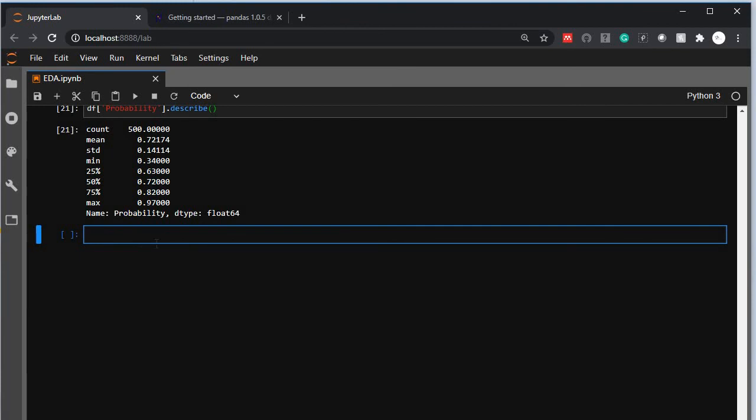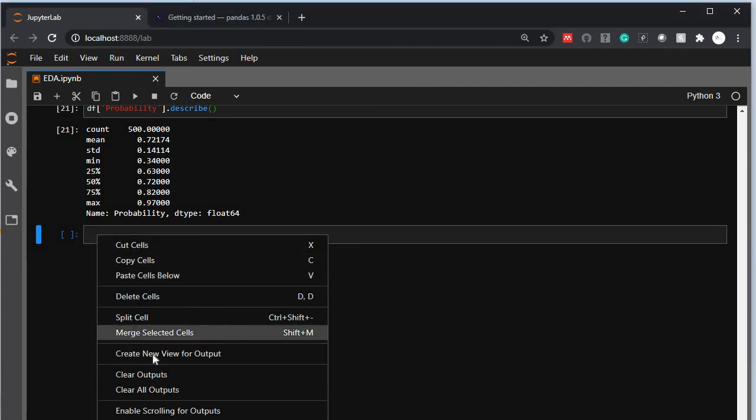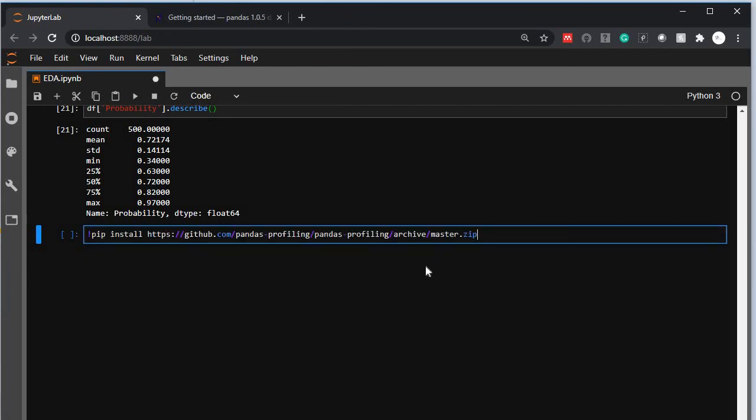There is a quick way in which you can do this as well. There is a package in Python that is called pandas profiling. So pandas profiling is a very good tool that you can use. If you want to install pandas profiling, you can install it by saying pip install. I'll just copy and paste this. So if you run that, you can install pandas profiling. And then